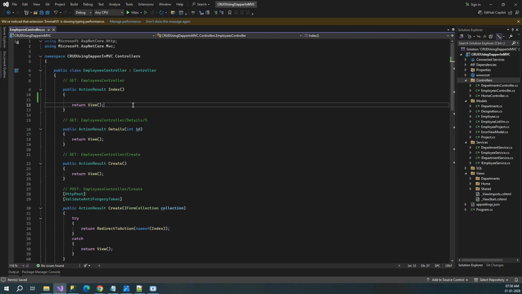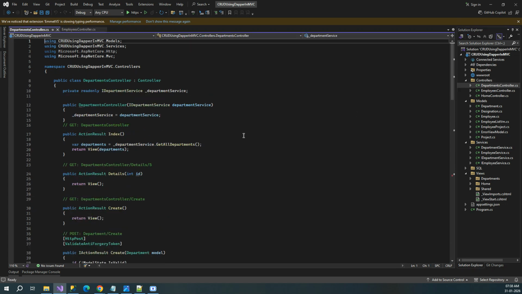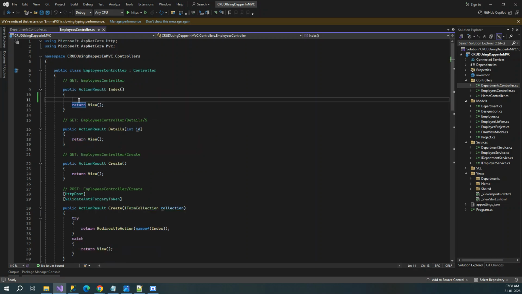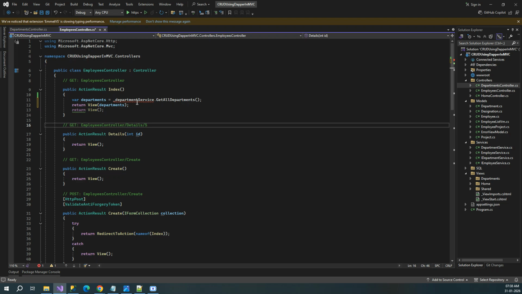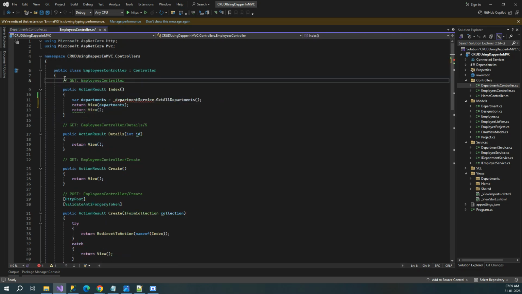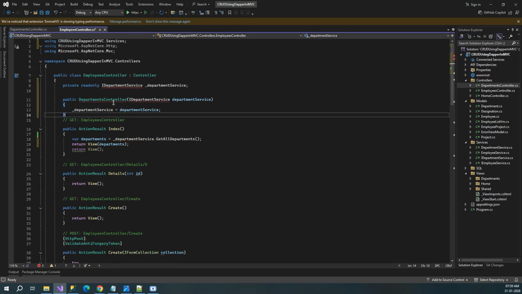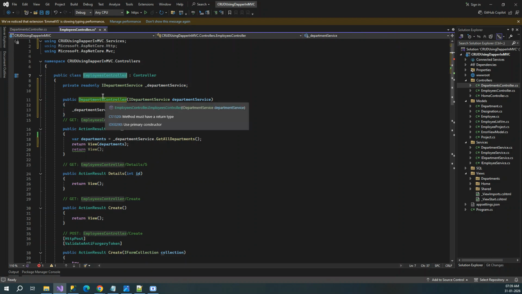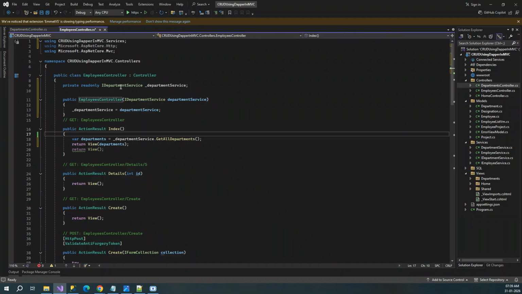Okay, so let's work on this index method first. Right, so what do we need to do? We need to call the method that we just created. So let's check once what we have done in department controller. Right, we'll do the similar thing. Right, so we had this, let's copy paste this over here instead of this department. Okay, so we will have to again inject this service over here. So let me copy this, let me add it over here, and this would be employee controller and this would be employee service,